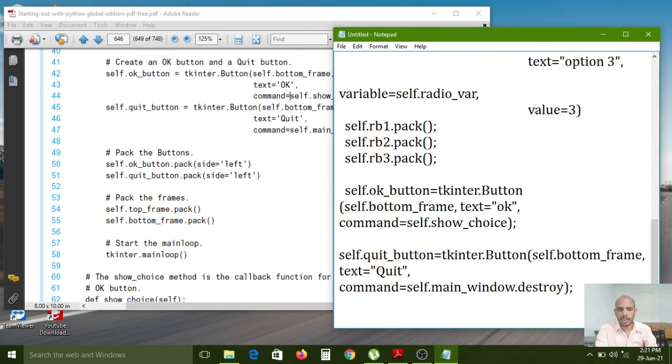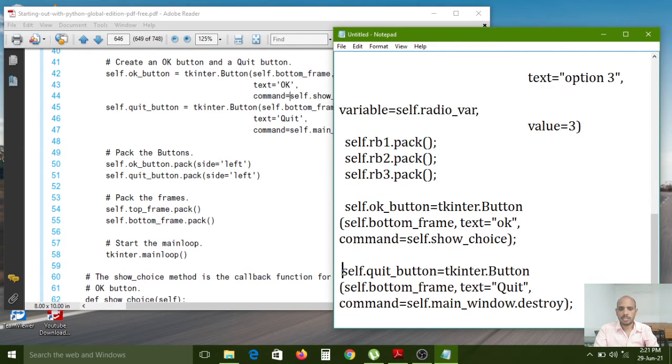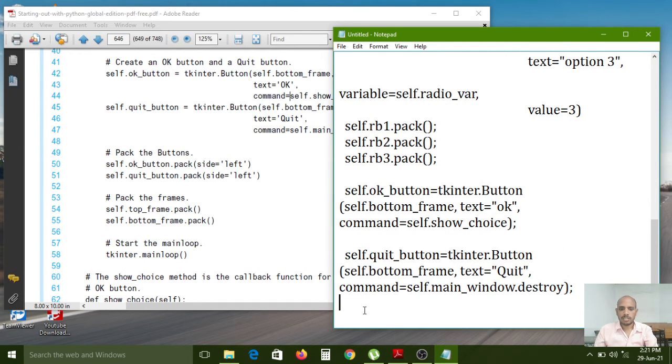Next, pack the buttons. Radio buttons we have packed. Now self.ok_button.pack(side equal to left).